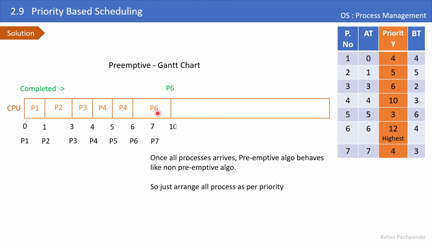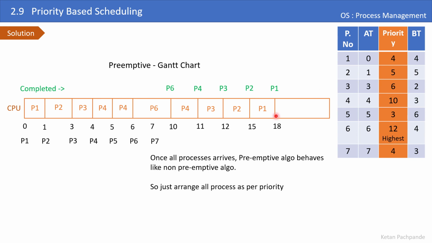Let me finish the process P6 now. So it will take 4 time units starting with 6. So 6 plus 4, that is 10. At time 10 it will finish, and at time 10 I will just arrange all processes in increasing priorities now. So process P4 has the priority 10, followed by process P3 priority 6, followed by process P2 which has priority 5, followed by process P1 which has